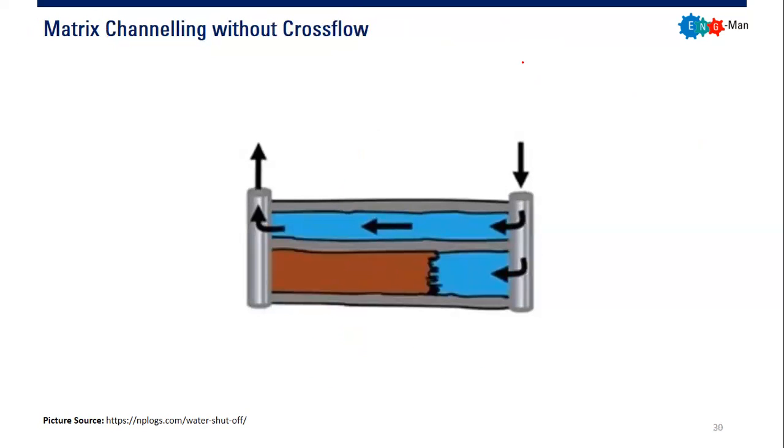Okay, and the fourth thing is actually matrix channeling without crossflow. So again, we have channeling because of matrix permeability. In this case, again, K1 is greater than K2, such that the first layer will be depleted first because you drain more from the first layer. Okay, and water will move faster in the first layer because of depletion and, of course, the permeability itself. Okay, and in this case, you have a good barrier